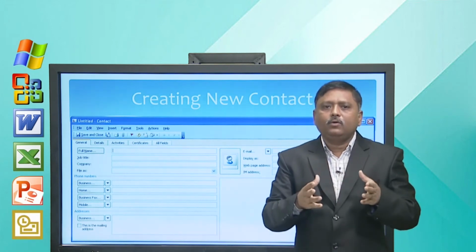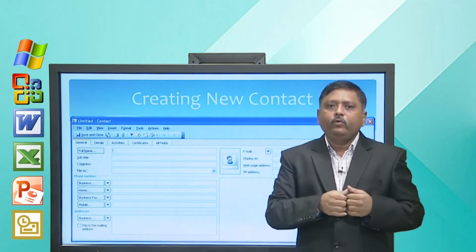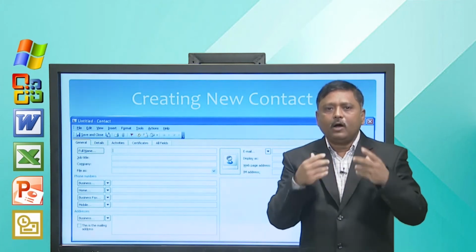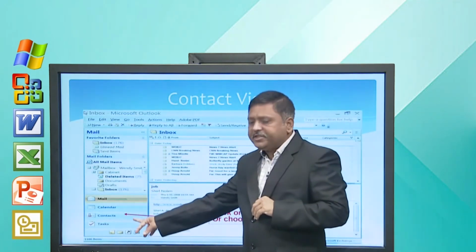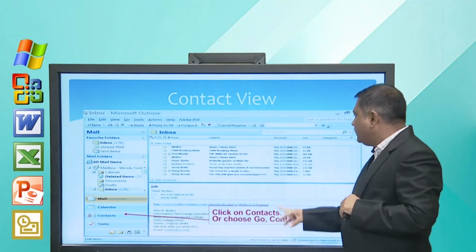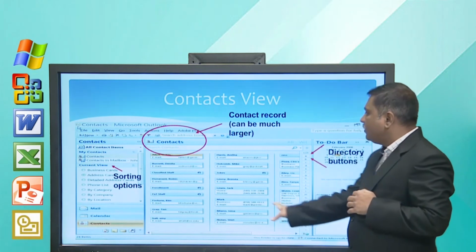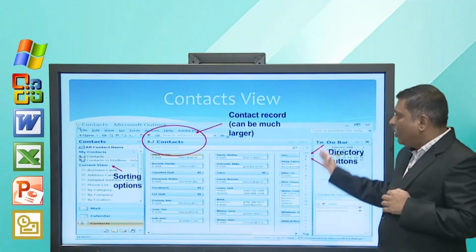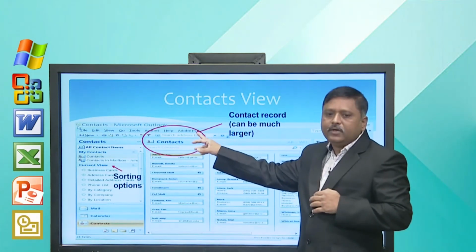Now, once contacts are created, you wish to see that contact or want to search that contact. So, how to do that? We have the navigation pane, inside that we have to select Contacts, and when you click on this, here is a list of contacts and from here you can filter them or here you can search them.